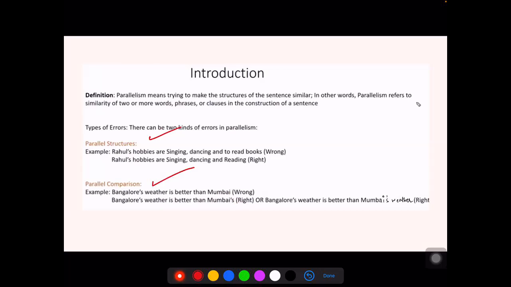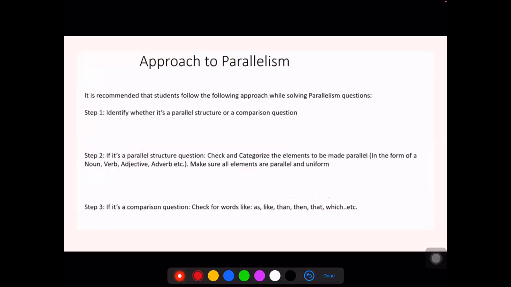Let's move on to another aspect, that is the approach to parallelism. It is recommended that students follow the following approach while solving parallelism questions. When parallelism questions occur, you need to keep some things in mind while solving them. Step 1 says you need to identify whether it's a parallel structure